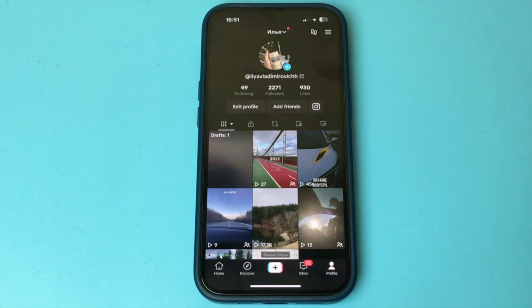And now we can use TikTok and it will be completely black and it will not change even if we turn on light mode or dark mode on our iPhone or Android. That is, all the time it will be dark mode in TikTok, as you can see. This is a very simple and quick way. Done. There's nothing complicated about it.